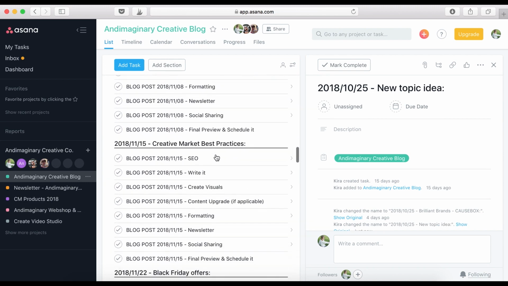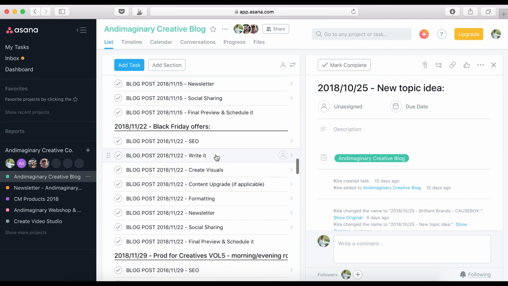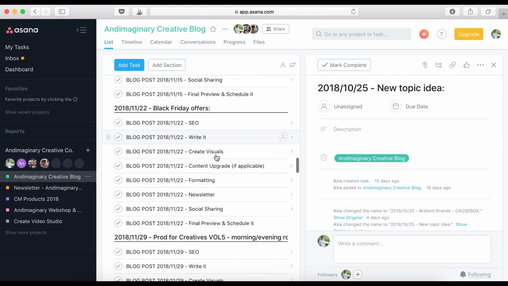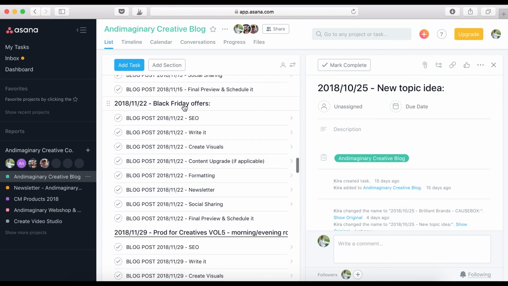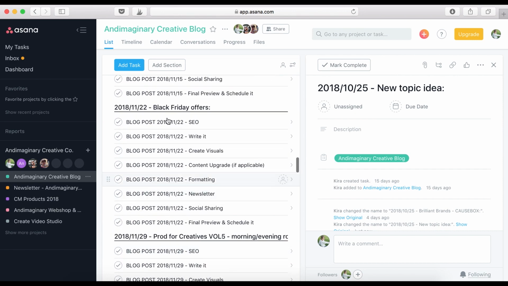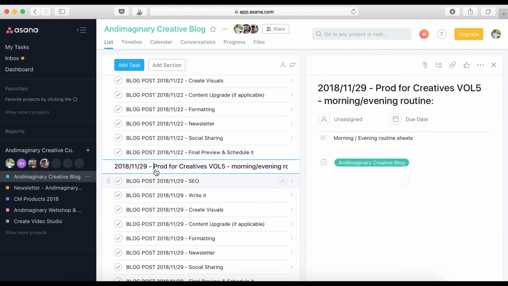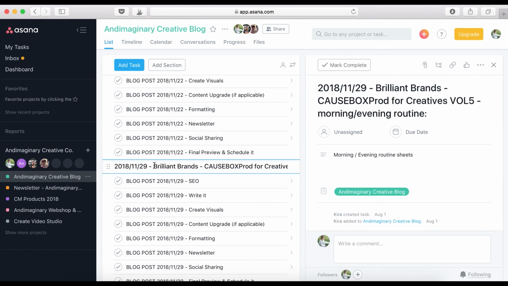And then I would say that I want to write about CoastBox after Black Friday, because I will have a Black Friday post. So let's say I paste it in here,